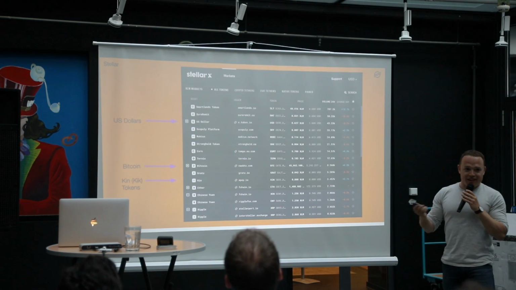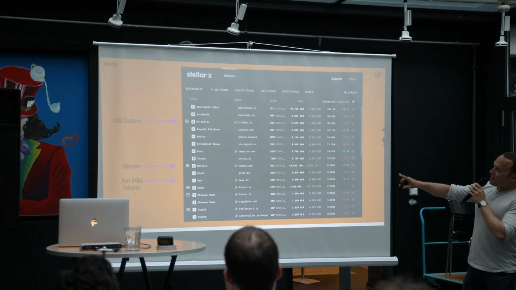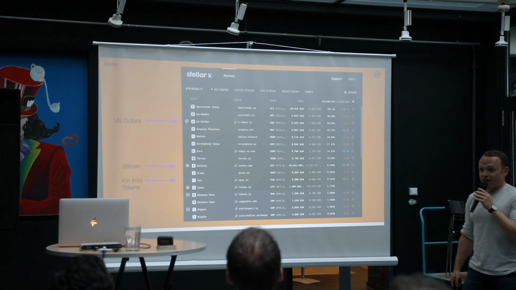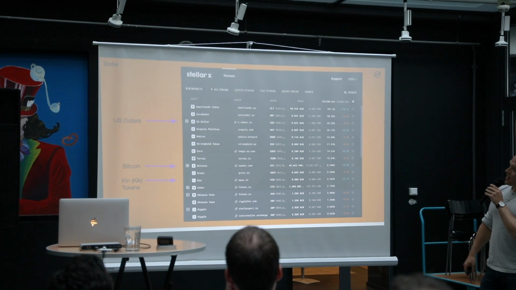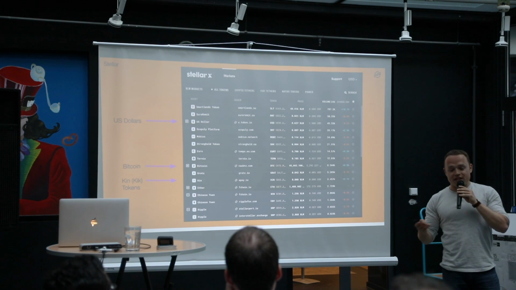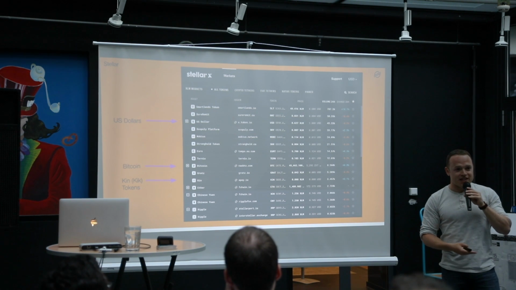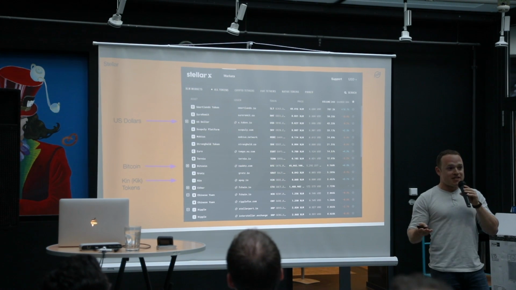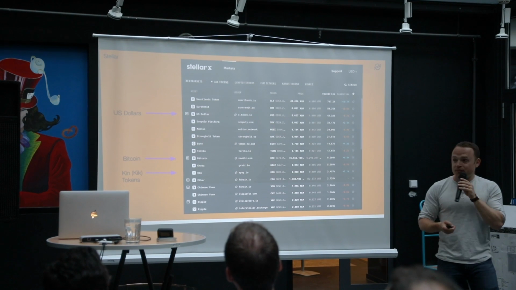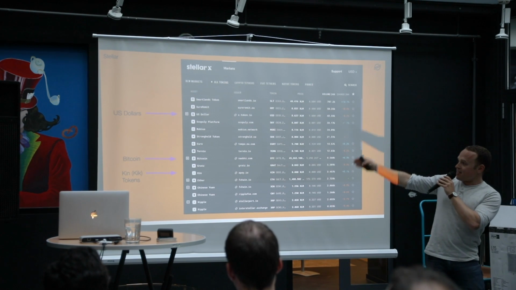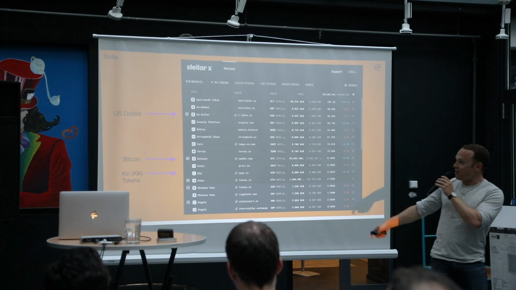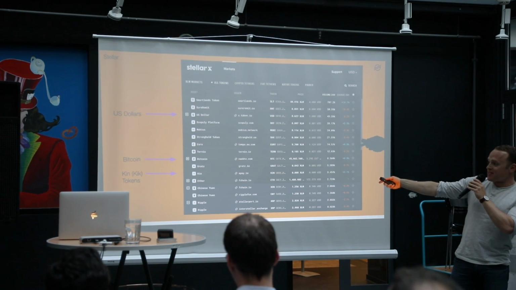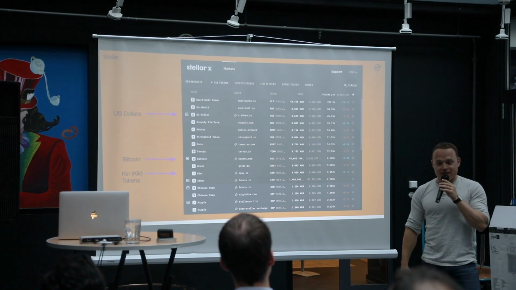To show you a visual representation of this, this is StellarX, which is a product that we built about half a year ago. So it's fairly new. StellarX is a UI that sits on top of this decentralized exchange that I just mentioned. So StellarX is a way to glimpse into the ledger and see what's in it. What are the different assets that you can buy? On the left, you can see a small selection of the assets that are available. You can see there's US dollars, there's Bitcoin, there's other tokens. Kik is a messenger app that has its own token.